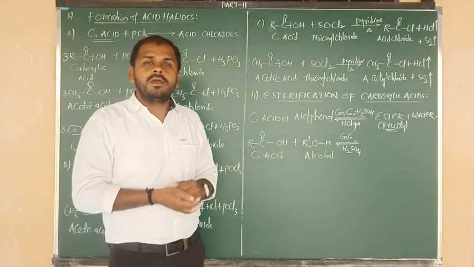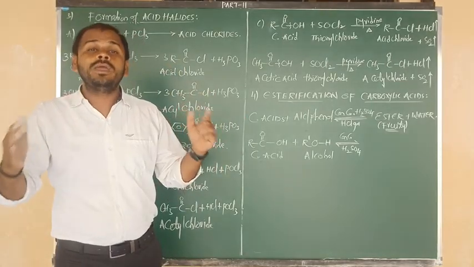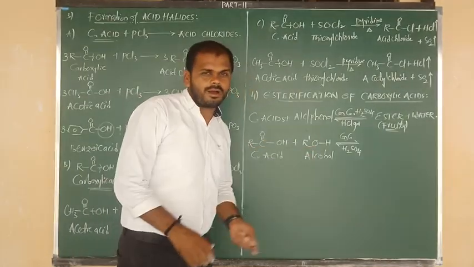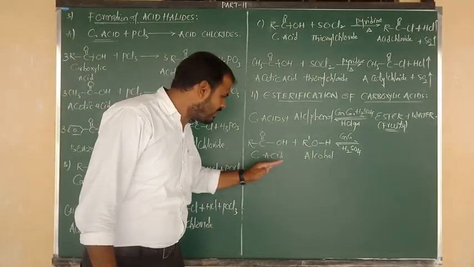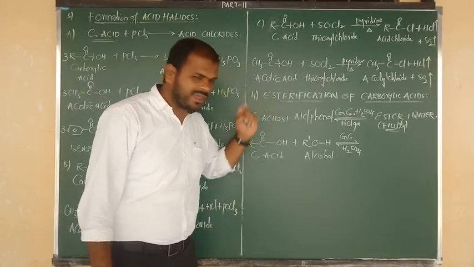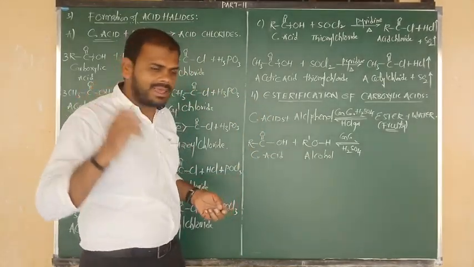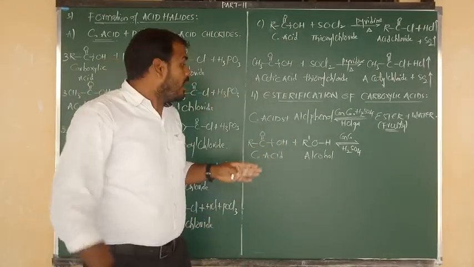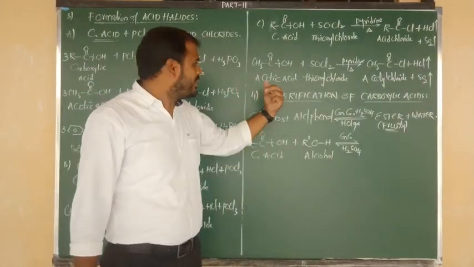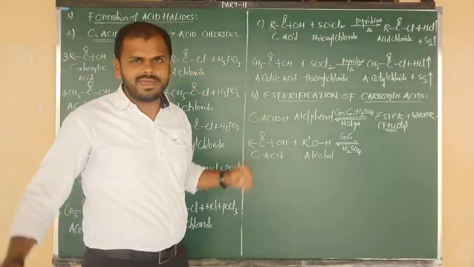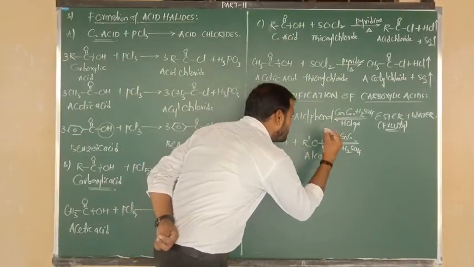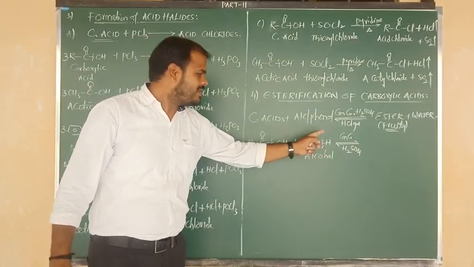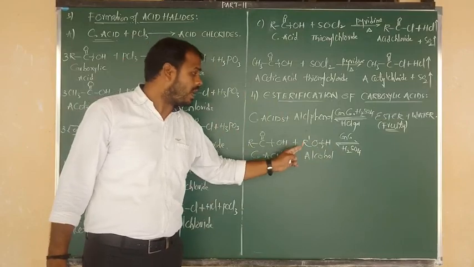During esterification, which type of bond cleavages are going on? Which type of bond cleavages are occurring in carboxylic acids and in alcohol? Especially in carboxylic acids, during esterification, the bond cleavage is C-O cleavage, carbon to oxygen. This is fixed. And in alcohol during esterification, which bond is cleaved? That is nothing but the O-H bond. That's why I have written the structure RO bonded to H, because here the O-H bond undergoes cleavage, not R to O.